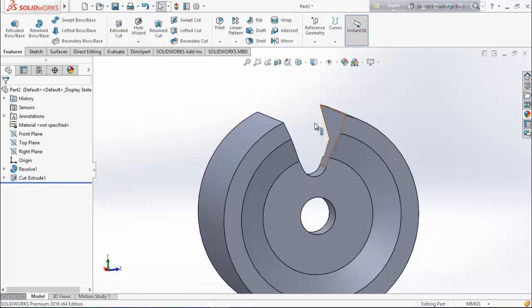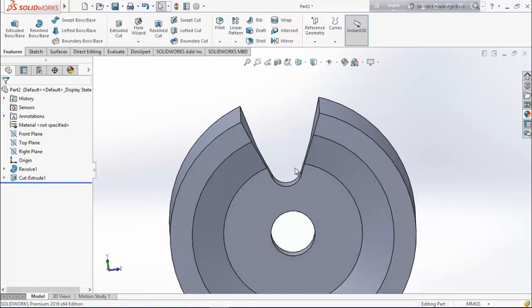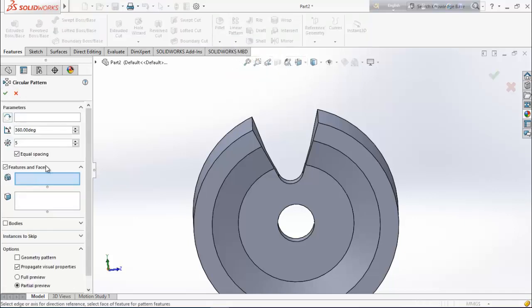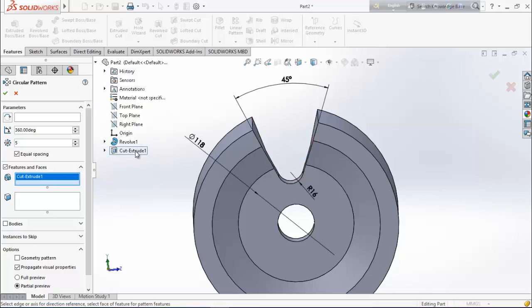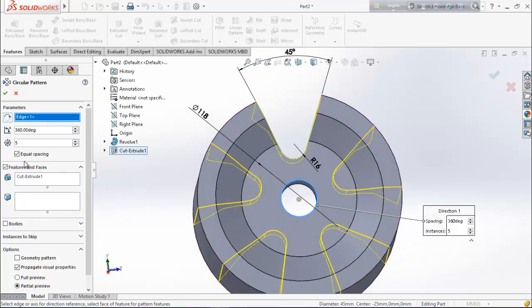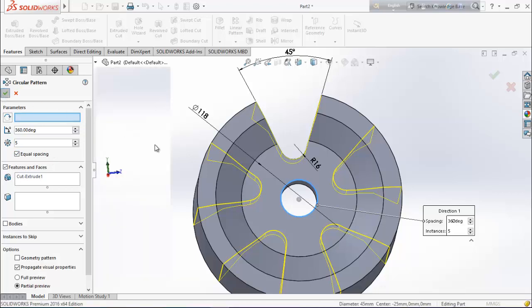Now we want multiple number of these extruded cut patterns, so from here choose circular pattern and features and faces. From here choose extruded cut 1. From here choose any circular edges and we want 5 number of patterns, 360 degree and equal spacing. Okay,